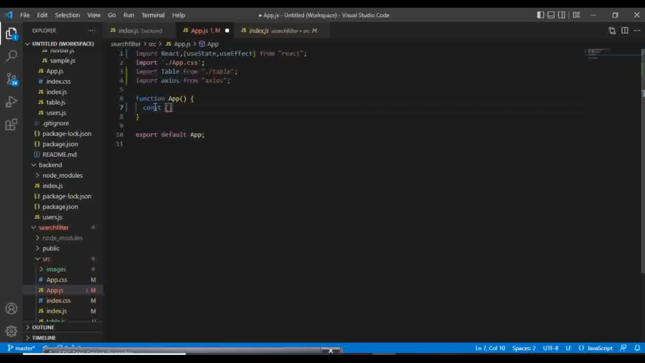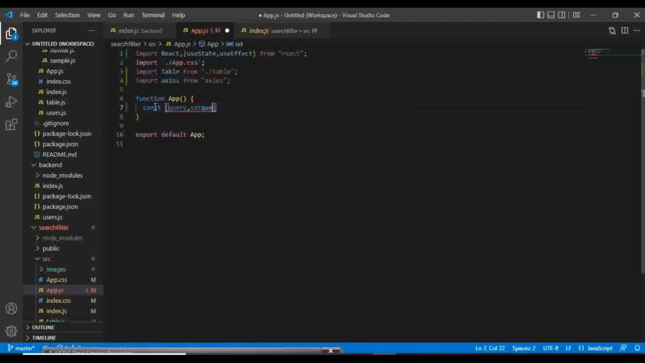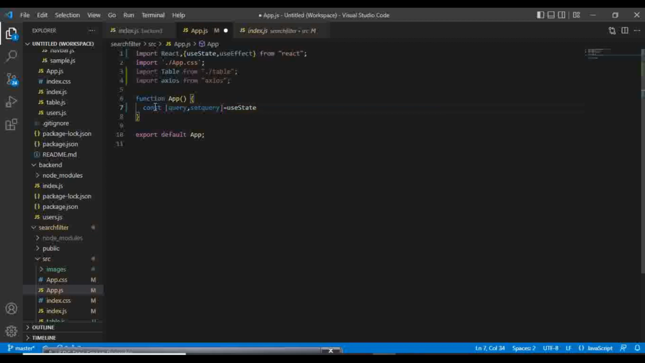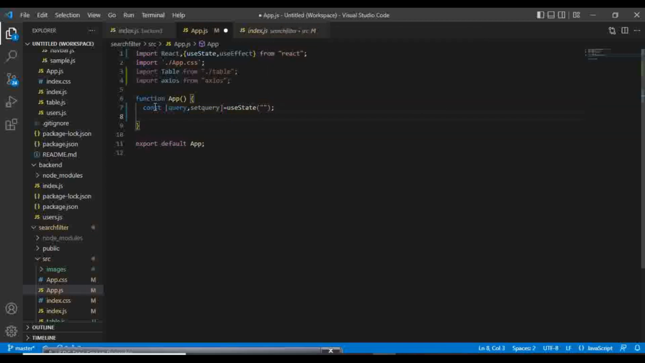So first I'll get useState, query, and setQuery, and I'm setting the useState as an empty string. So followed by,